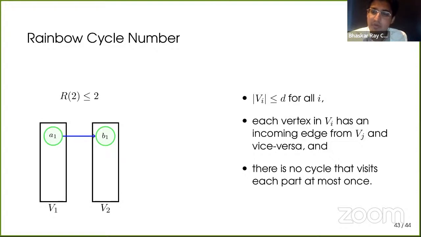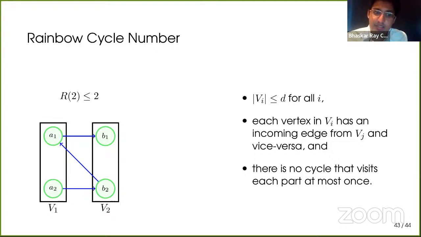So let's say B1 has an incoming edge from A1. Now A1 should have an incoming edge from some vertex in part 2, and it cannot be from B1, because otherwise you again get an illegal 2-cycle. So it should be some other vertex, B2. Now, same goes for B2. So B2 cannot have an incoming edge from A1, so it should have an incoming edge from some other vertex,